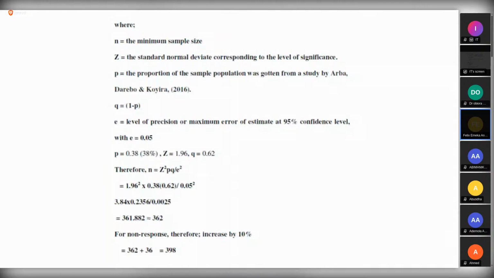All right, so in order to avoid students from coming back with lower minimum sample than they went with, they said add 10%. So when you add 10% to 362, it's going to give you 398. Imagine going to the field with 398. Even if 10 people did not respond to you, you will come back with 388. That's still above your minimum sample. So you see the trick.